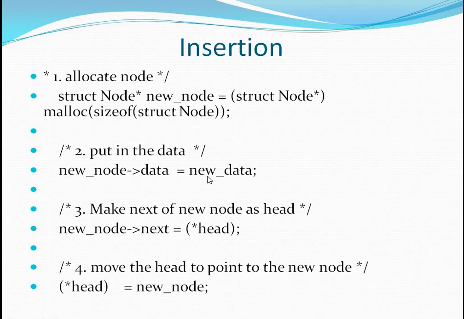So new node data will be equal to whatever data, like here it was E, so I can put E here and a semicolon. Then I am going to give the next field some value. So this next field is the pointer field, and I have to assign it the address of A, and the address of A is held in this head pointer. So star head, because this is the pointer and I am dereferencing it here.